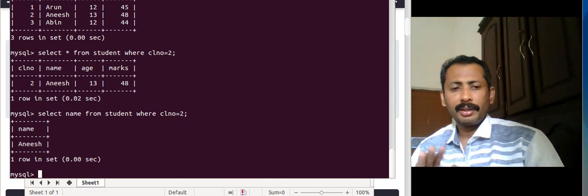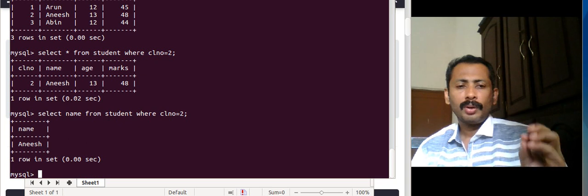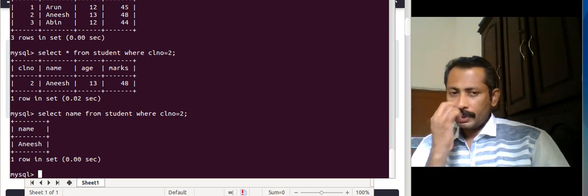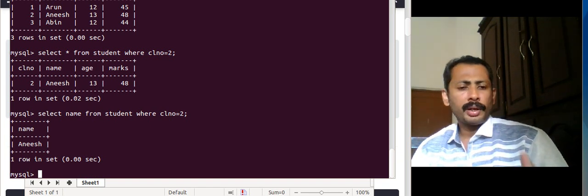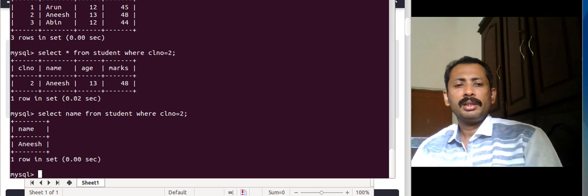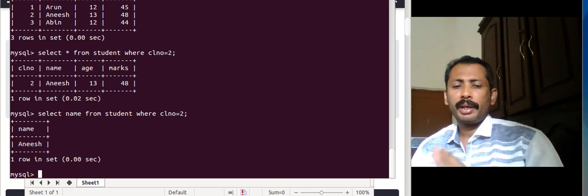It can get data from the table selectively, either a row, a column, or a value in a column of a specific row. SQL is very powerful. Data is stored in an organized manner, and from that table we can select data very selectively. I can get a row, a column, two columns, or the name of the person having class number 2.